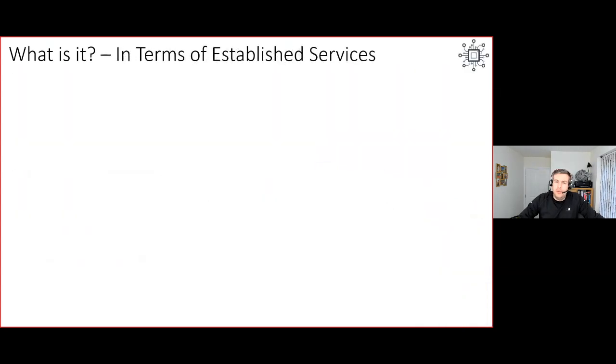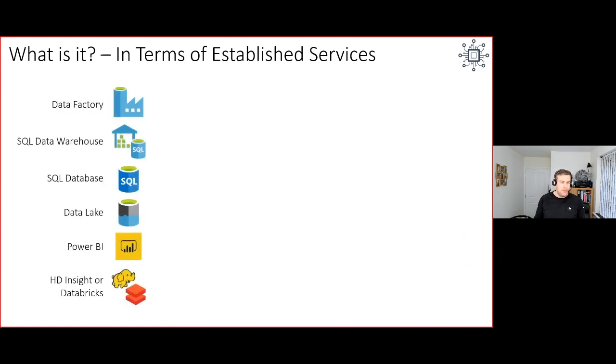Let me answer it another way for you now, because this is fairly complicated. We need to break this down. And I'm going to say, well, what is Synapse in terms of established services? And when I say established services, I mean things that we've already got available within Azure, things that we may or may not have already been using when we've been delivering our solutions. So for that, I'm going to call out these 6,